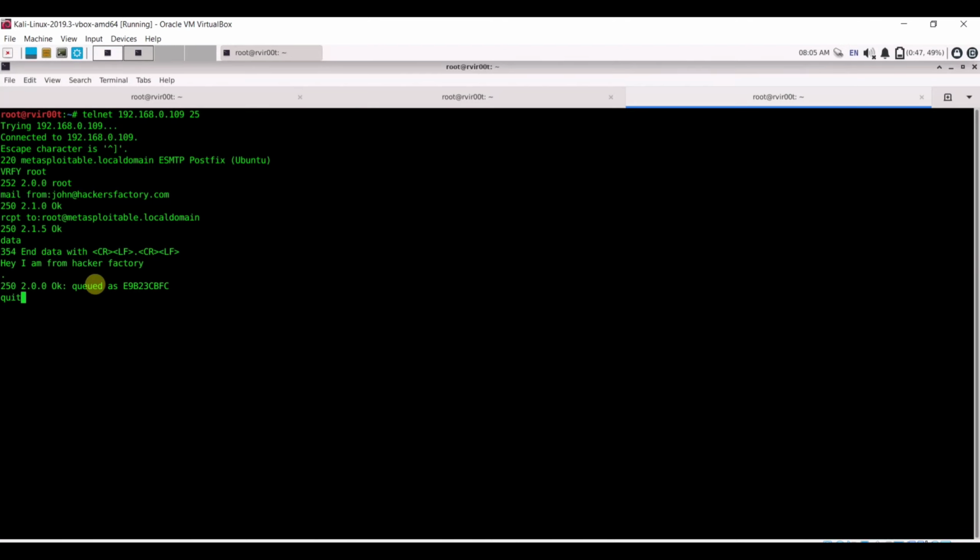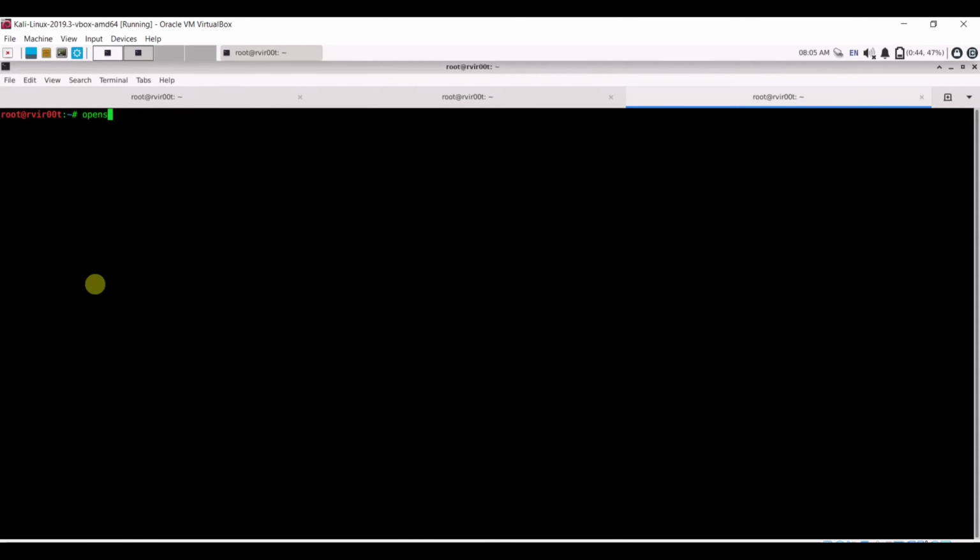So this way you can use these commands and identify the information on the SMTP server if port 25 is open, or if you are using SMTP on any port, then you can perform these kinds of attacks. And then we have another thing, that is OpenSSL. Let's clear this. With OpenSSL, we identify information like the certificate details and other details like the TLS version, SSL version.